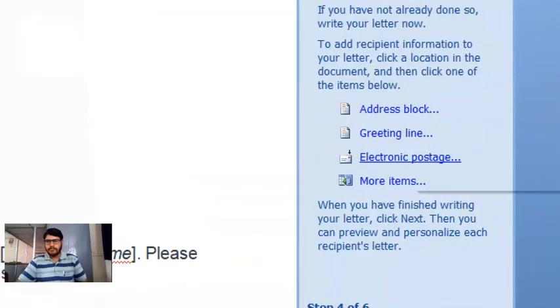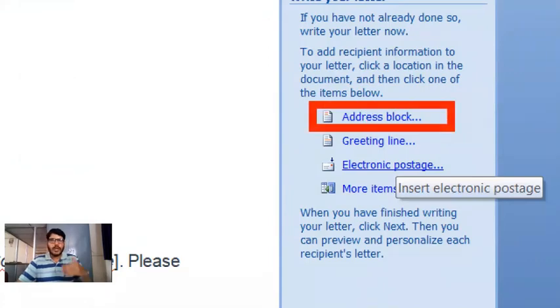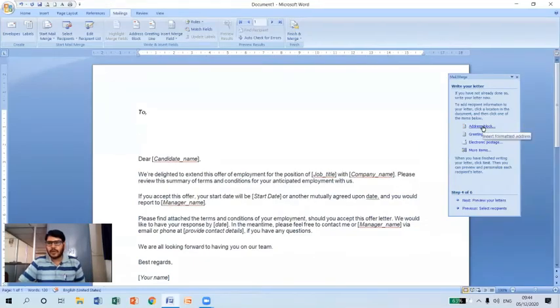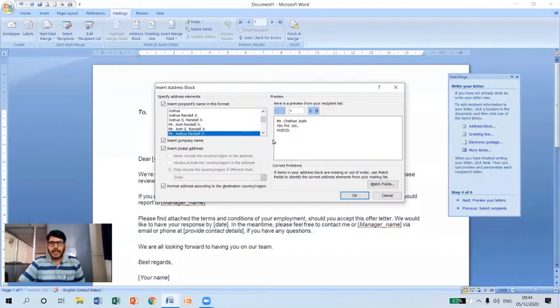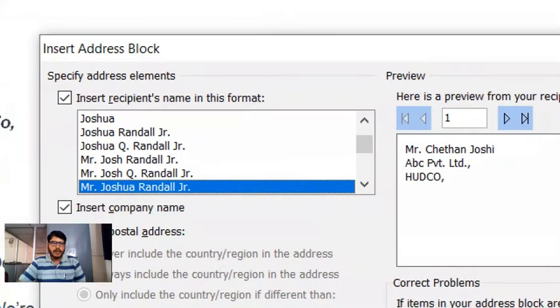As you can see, we have the address block option appearing here. Whatever address line we provided for the candidate while preparing the candidate list, it will consider that address line. So now click on this address block. When I click address block, it asks for the format.